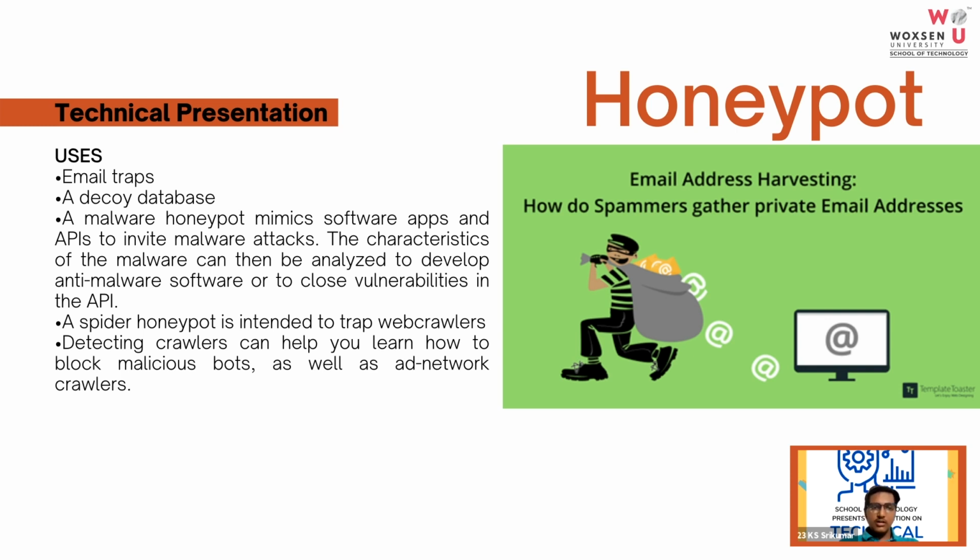Because they are only visible to spammers, when an email comes to that user ID, the honeypot will know that this is sent by a spammer, and it will immediately block all the mails across the whole corporation or whole company. It will block the particular mail so that the spammer cannot send any spam mails.